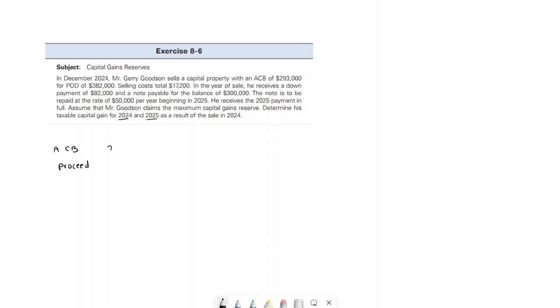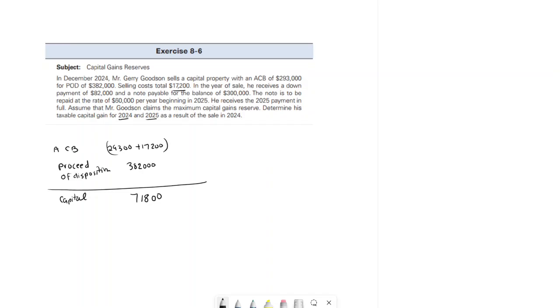The ACB is 293, and my proceeds of disposition is 382, but we also paid some selling costs. So 17,200 becomes my cost. Since we sold it for more, we have a capital gain. My capital gain is the difference between the both numbers, which is